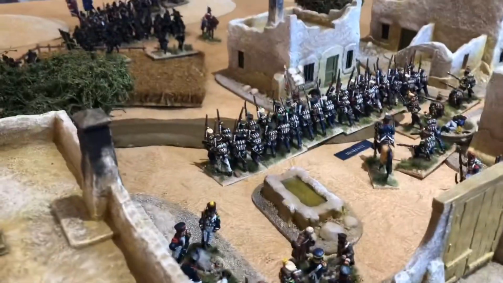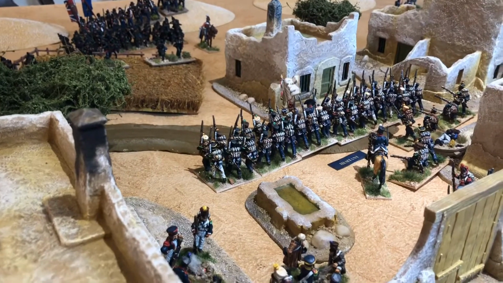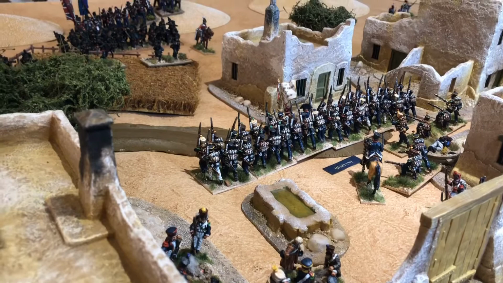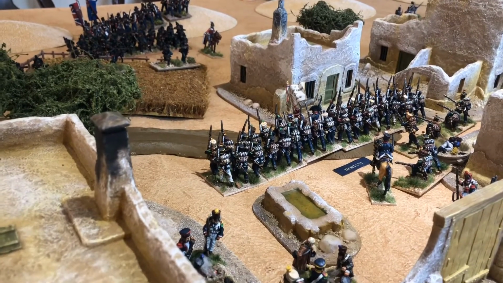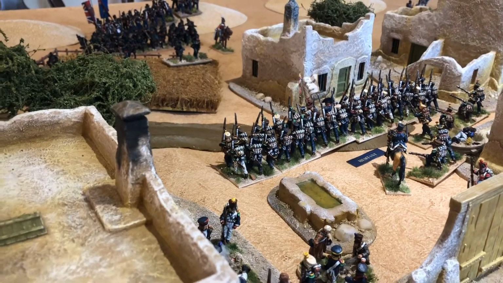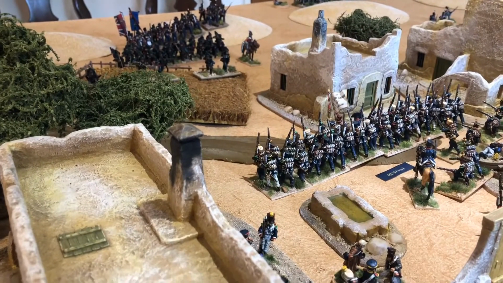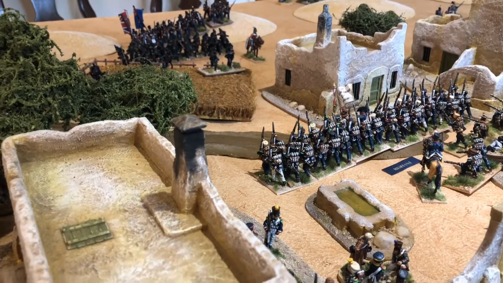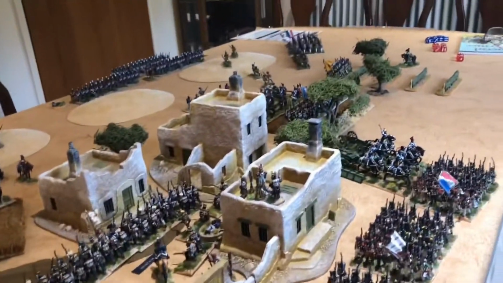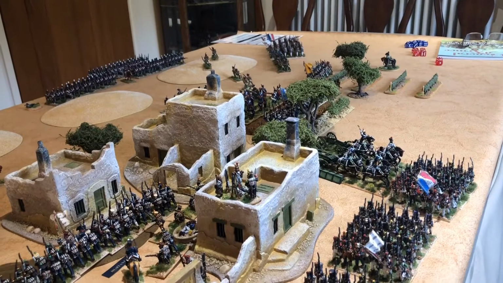The French 16th Light successfully defended the village against the British, I think it's the 52nd Light, so an elite battalion, and threw them back when they charged into the village. I'm sure the British will have another go next turn, with the 2nd Battalion of the Rifle Regiment having a go to come in. And over on the far flank, you can just see there the French flanking attack is